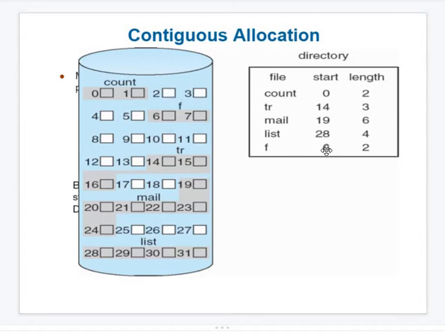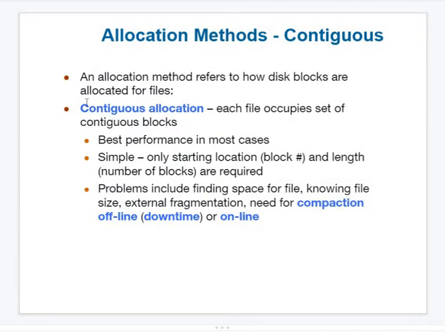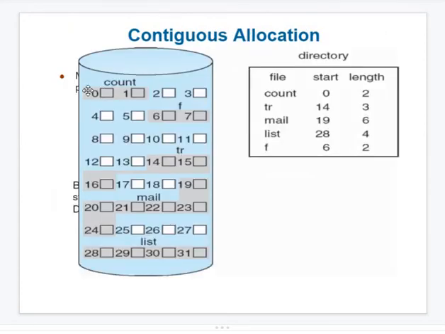If the starting address is given, okay. If starting is not given, you can give the first available block of this length. The first available block of this length. So that is called contiguous. It is best in most of the executions, and also it is simple because the search always starts from the beginning. Very simple way. Let's assume that I have written a G file, and length as 2. So what is the best allocation, where will you allocate? You will try to give it here, but it is occupied.